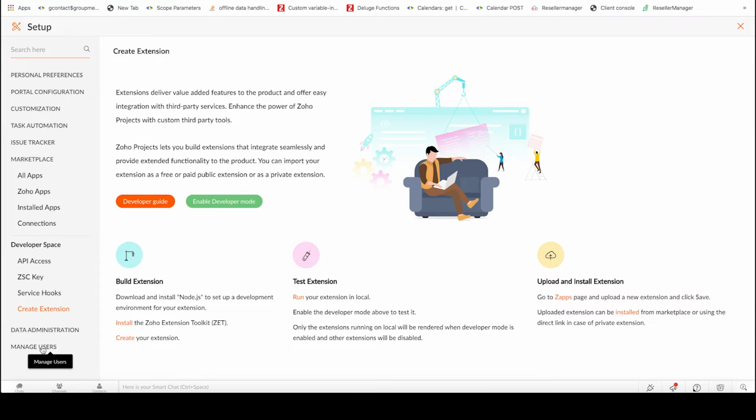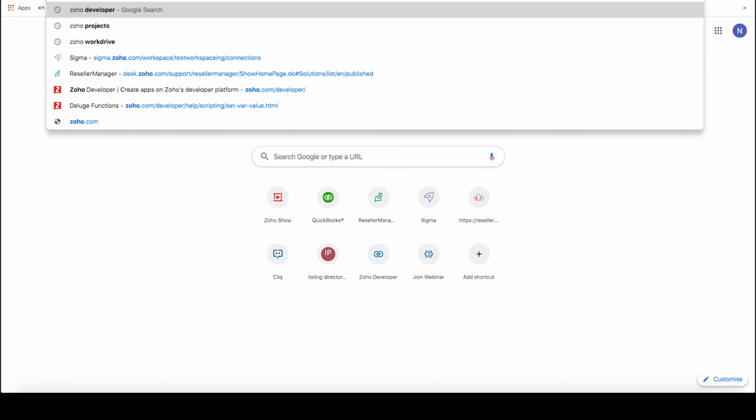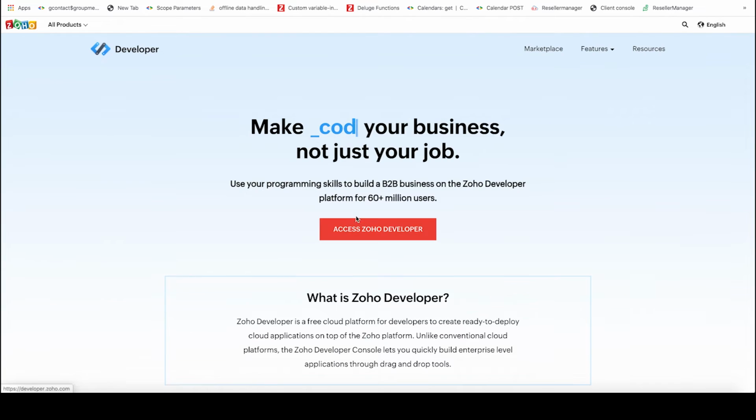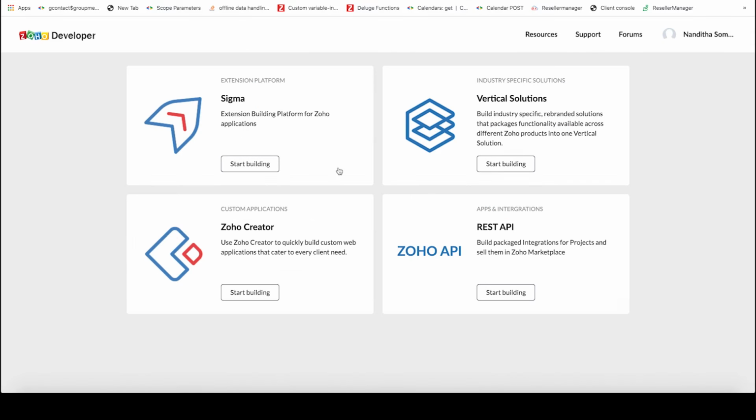Now that we have a basic idea of the Zoho Projects portal, let's move to Zoho Sigma in order to build the extension. So I'm going to my Zoho developer space. I'm choosing the Sigma option since it is exclusively meant for building extensions.